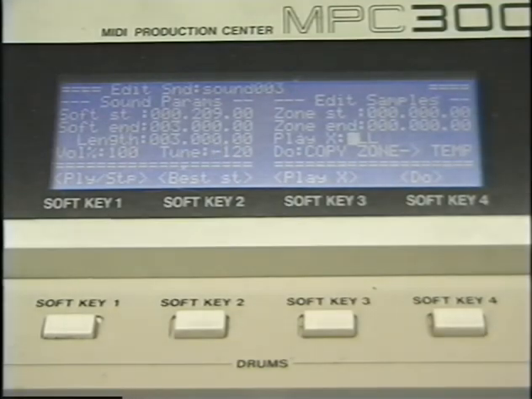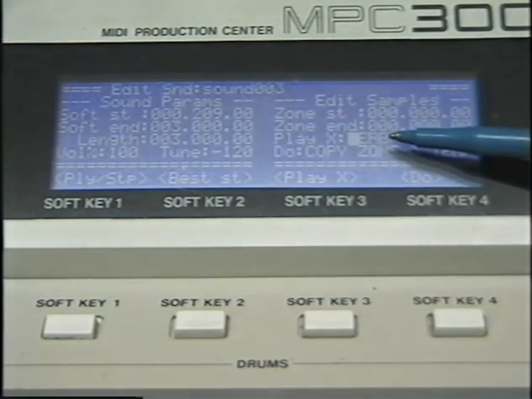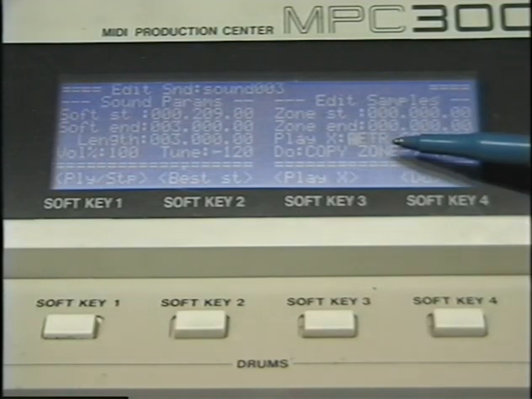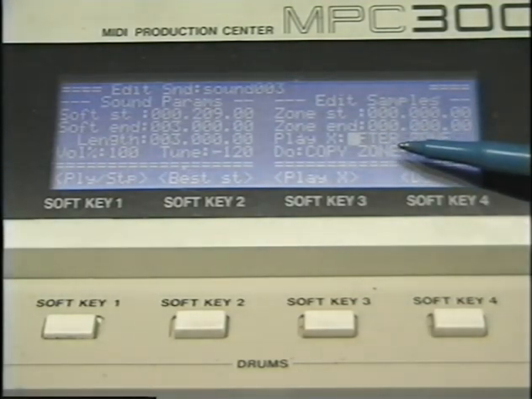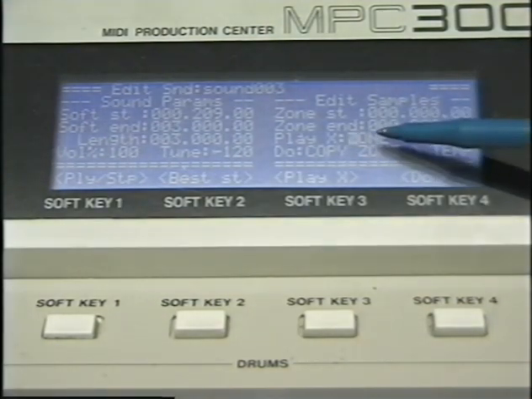Next we have our play X field. This field works in conjunction with the play X soft key. Pressing this button auditions any portion of the sound before editing. When the play X key is pressed, it plays a portion of the sound that is currently selected in the play X field. Some of the options are all, which will play the entire sound,